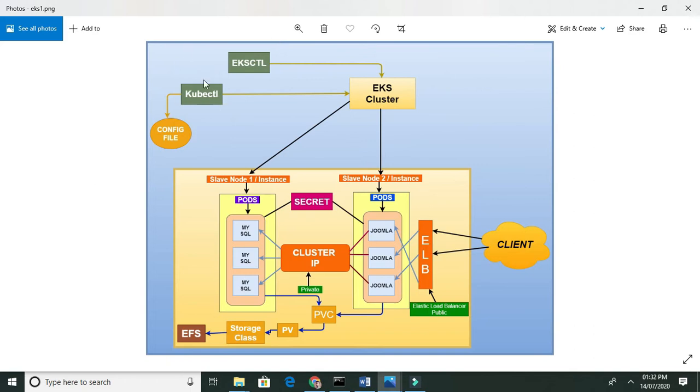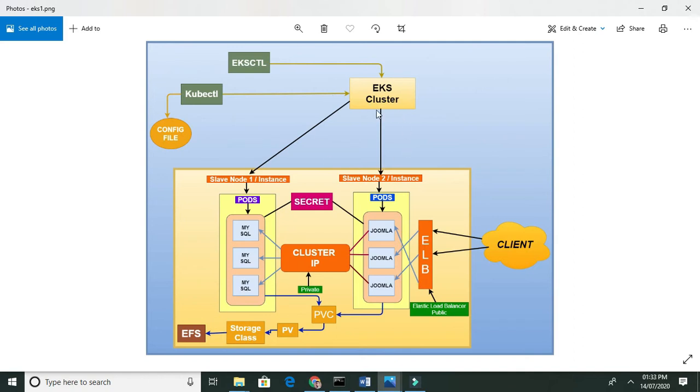After that we use eksctl. Actually, when we run the aws configure command, eksctl knows how and where to go inside the AWS account. When we run the cluster file, which is in YAML format, using the eksctl command, it will create an EKS cluster for us.